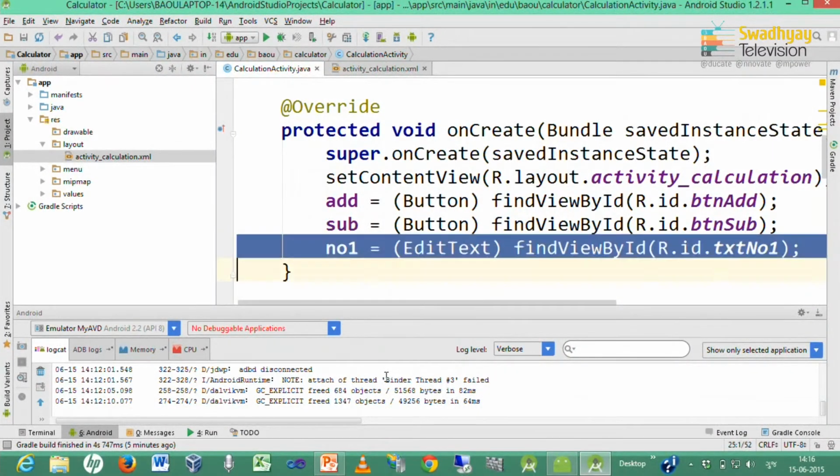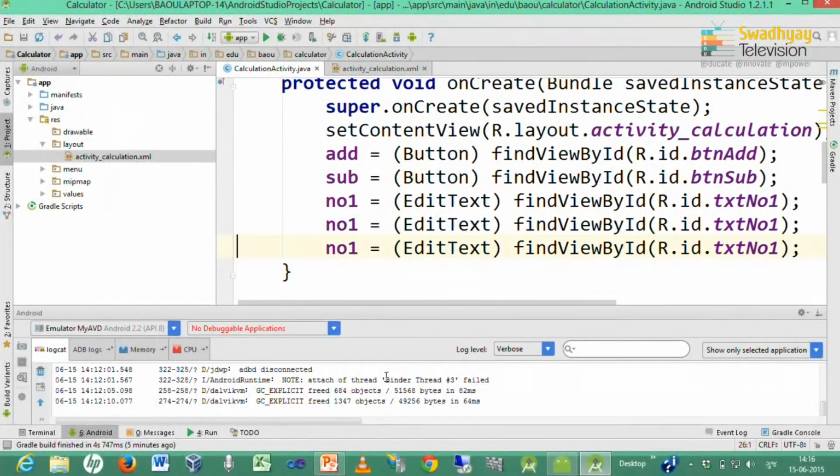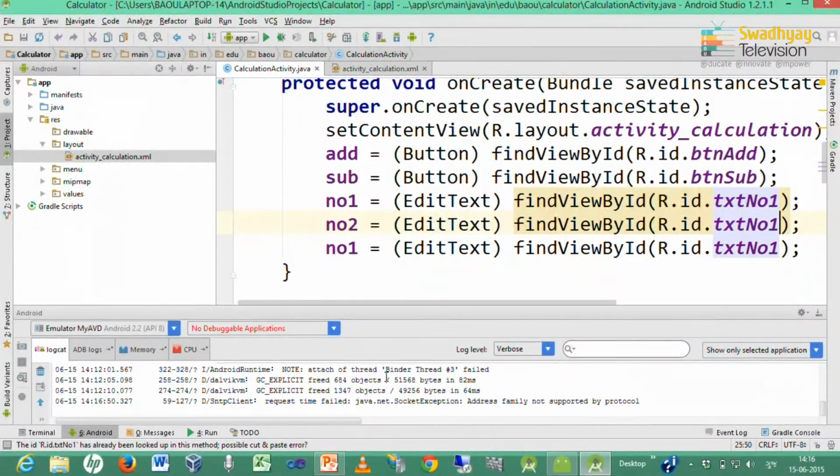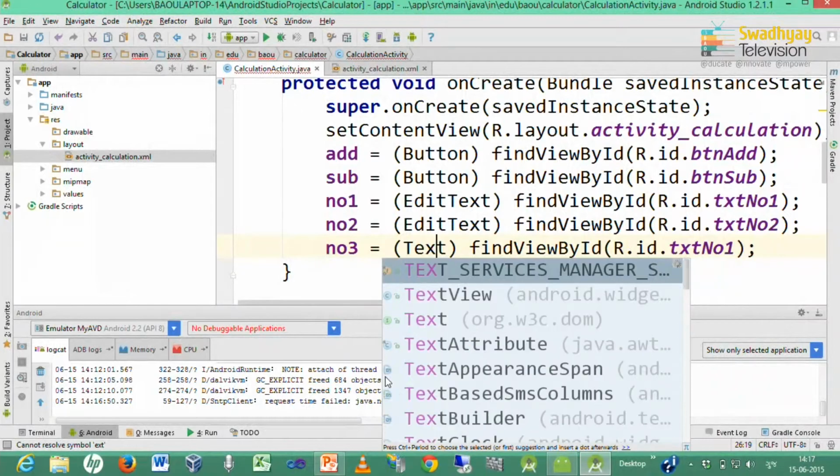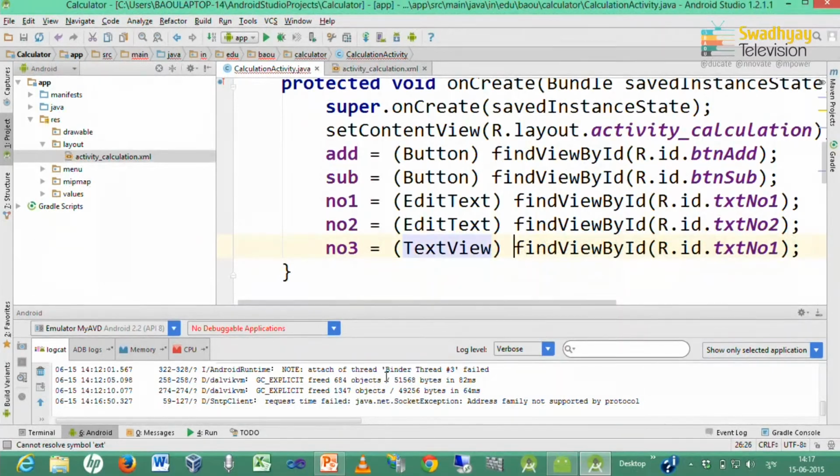I can copy this code for the other 2. So, here I write NO2 and here I change the ID to NO2, and last I declare NO3, but that is not an EditText but a TextView. So, I declare it as a TextView and its name is NO3.